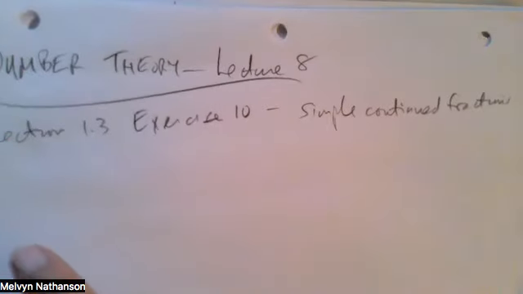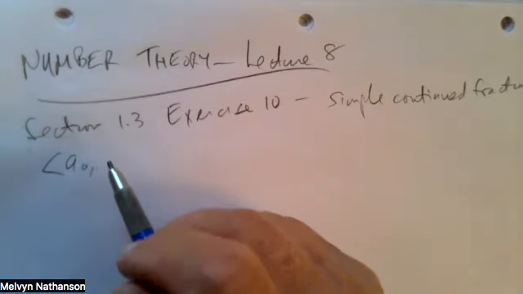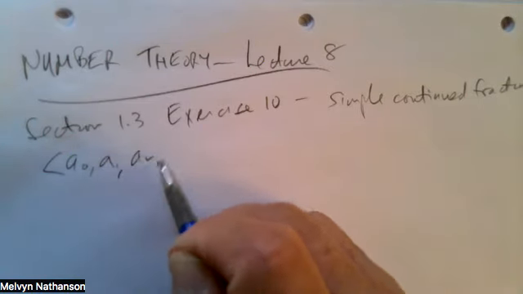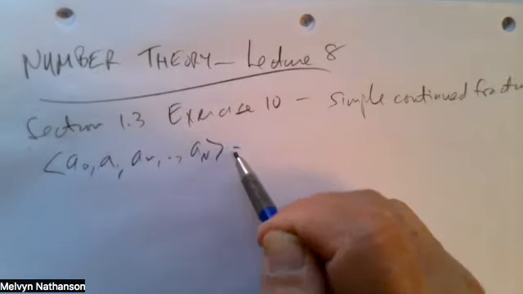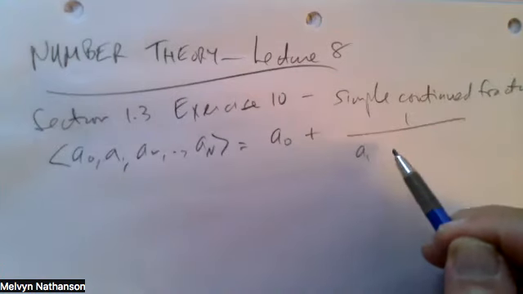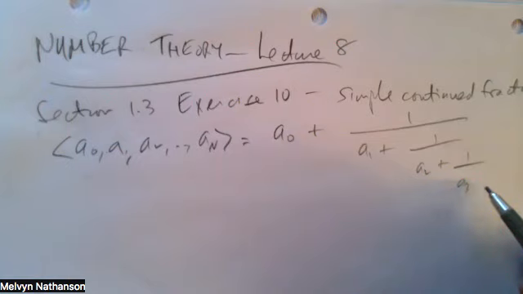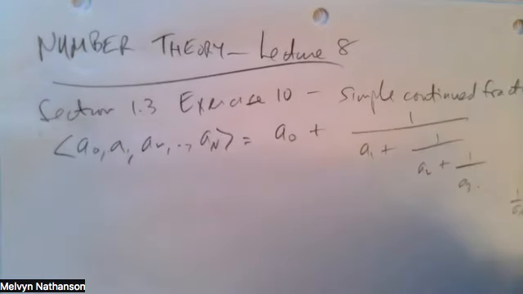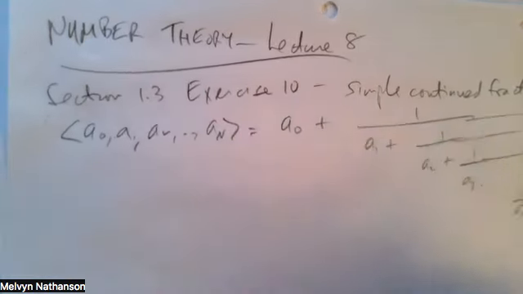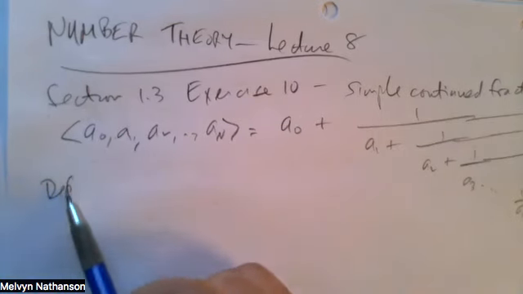So the notation A0, A1, A2, up to A sub n means the fraction that you write is A0 plus 1 over A1 plus 1 over A2 plus 1 over A3 and so forth till you get to 1 over A sub n. So you have some complicated looking compound fraction. And the problem says to define